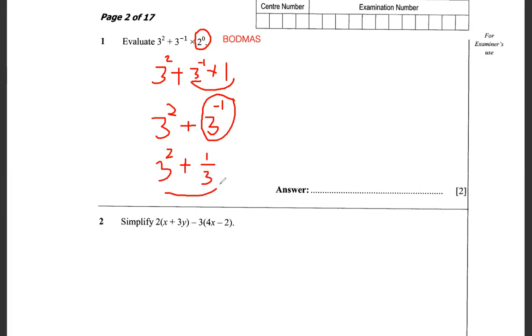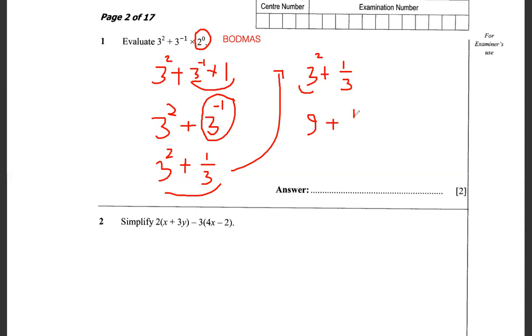And then from here, we move this way. We're going to have 3 squared. I'm just writing it again. Plus the reciprocal, which is just a 3. The power is a 1. You don't write it. So we understand that 3 squared gives us a 9